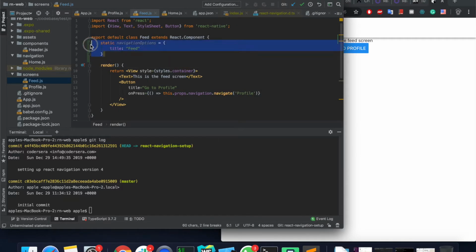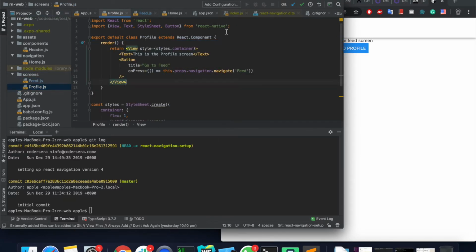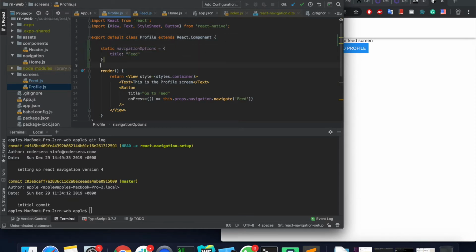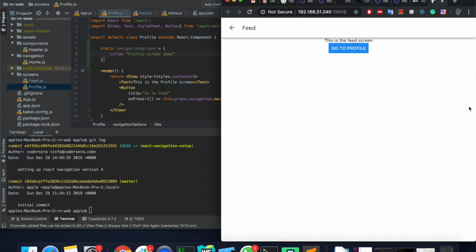And similarly, if I do this and make it as profile screen, or you can write anything here, it would start showing that stuff. This back button is coming because this is the second screen in the Stack Navigator, and there's one before it. So anyway, we can see that the React navigation is correctly integrated onto the web, but there's one